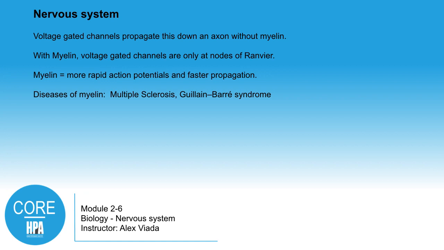Now, let's take the stadium analogy. And let's say that rather than a wave traveling down, you had a person every 10 seats apart. As soon as you saw somebody 10 seats down sit up, immediately that signal tells you, sitting 10 seats down, to sit up at the same time. Think about that propagating down the line. Suddenly, rather than waiting for the person next to you to sit up, which would be the way these gated channels would work, you're sitting up the minute somebody 10 seats down does. What's going to happen is that signal is going to travel, that wave is going to travel much, much, much faster. 10 times faster, in fact, since you're doing it 10 seats down.